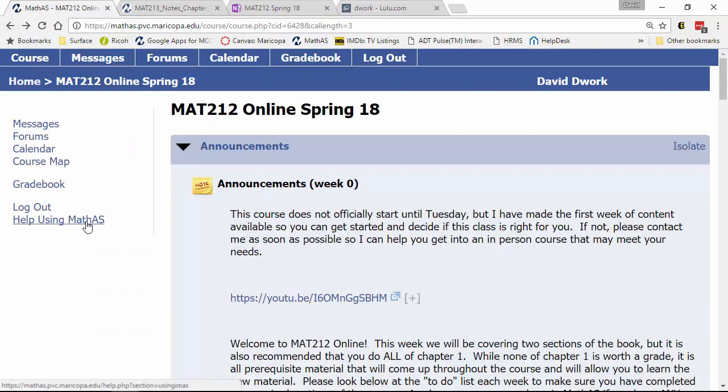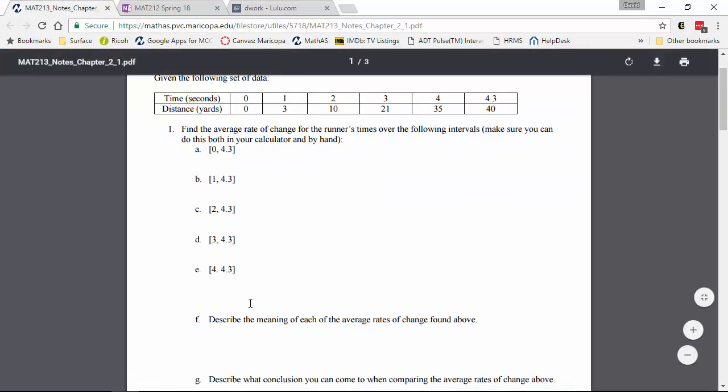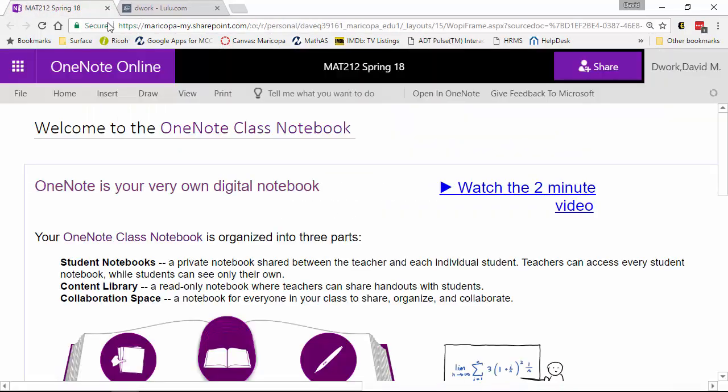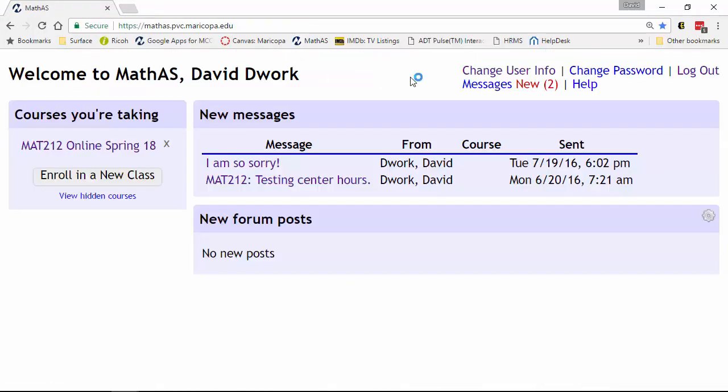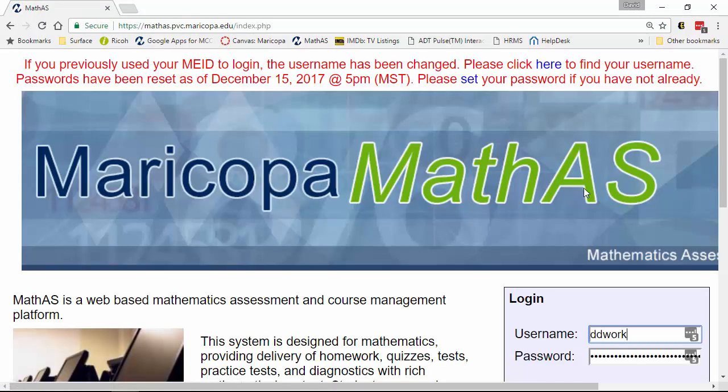Last but not least, the log out button. There are issues sometimes with students who share a computer with other people who use MathAS, and I'll show you here. MathAS does not automatically log you out. So if I close all my windows except for one and I go back to MathAS, I'm still logged in. So it is very important that you log out so that way somebody else can't get into your work and